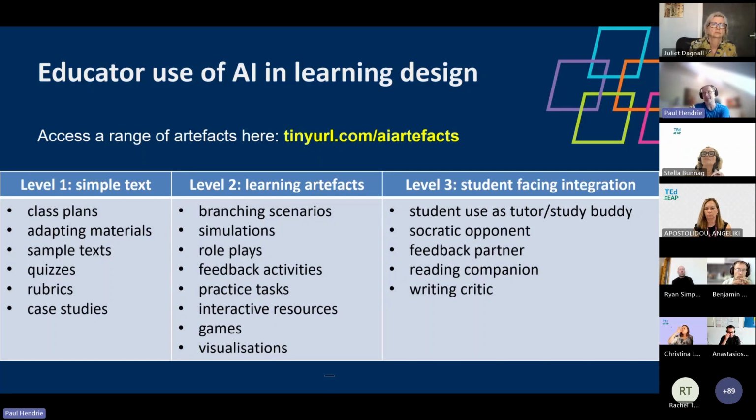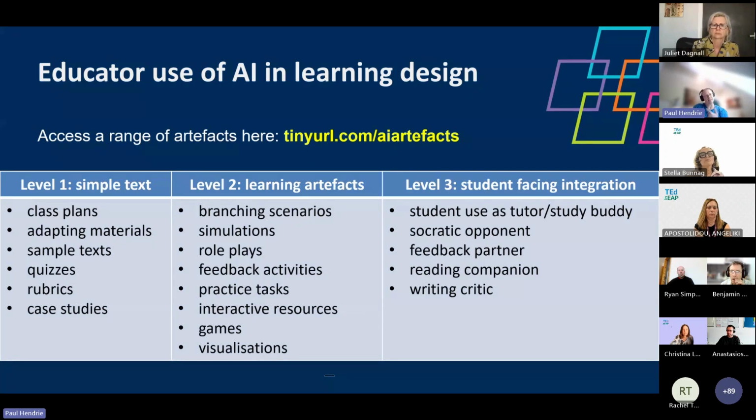Level two is the production of learning artifacts, which could be something like an HTML file. So HTML is just the code that a browser uses. It looks like a website, or it's got a branching scenario. So you've got this: would you like option A, B, or C? You click on A, boom, an A appears. So it's more interactive. It's like a website. It can use simulations or role plays. You can choose your answers, and then it gives you a very sort of deterministic answer that's been pre-programmed. So that's the sort of level two.